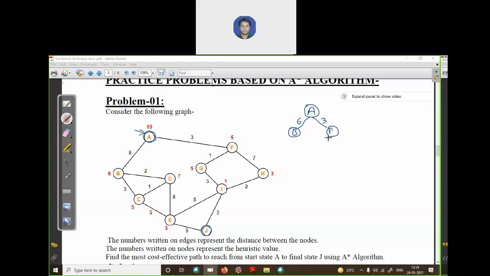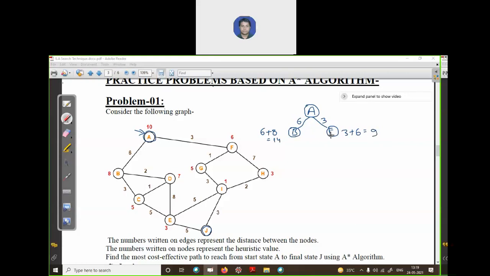Then we will calculate the fn value, the evaluation function, for these two terminal nodes. Actual is 6 and estimated is 8, which gives 14. So 14 is the evaluation value for node B. Similarly for A to F, actual is 3 and the estimated cost is 6, so 3 plus 6 is 9.